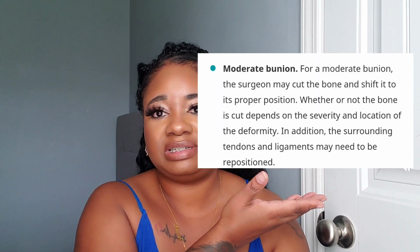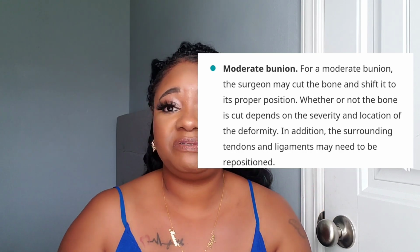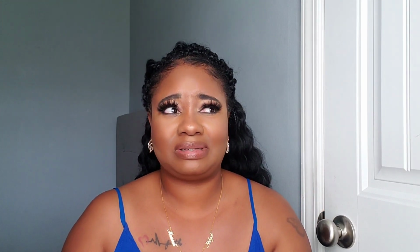The next question was, what type of bunion did I have? And I just kind of answered that one. Mine was mild to moderate. And I'll put a picture right here with the definition of the bunion that I have. There are different stages. I think I was stage 2, but there are like 7 stages of bunion issues. So